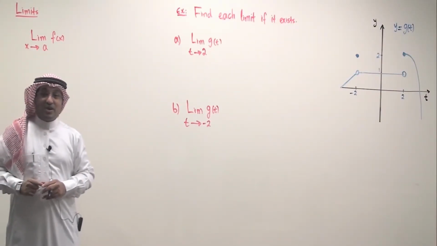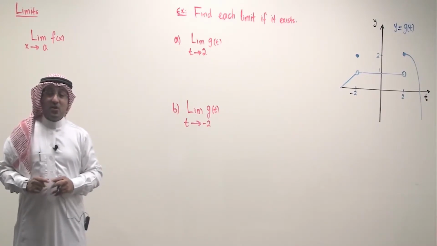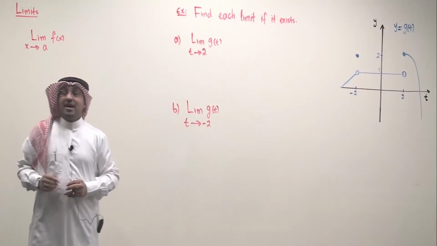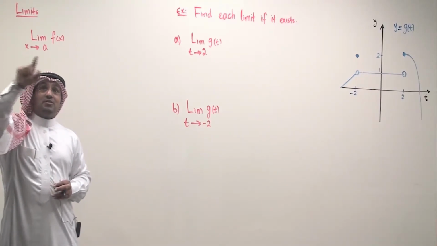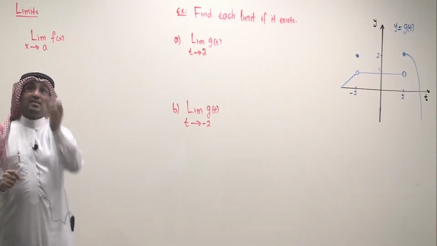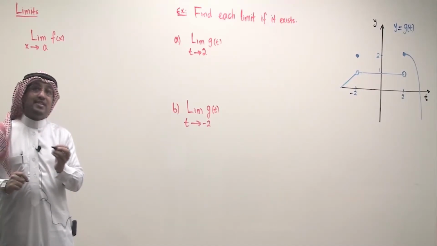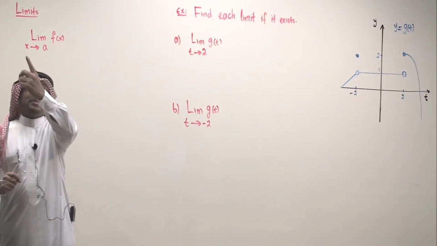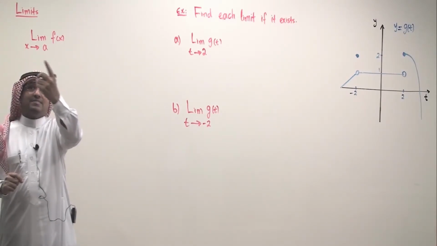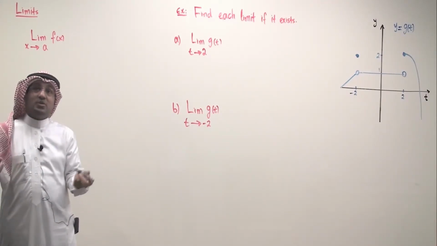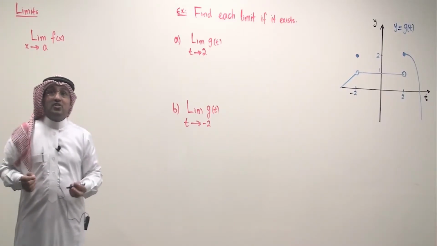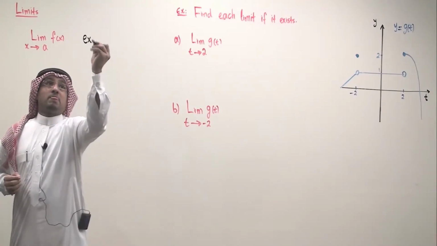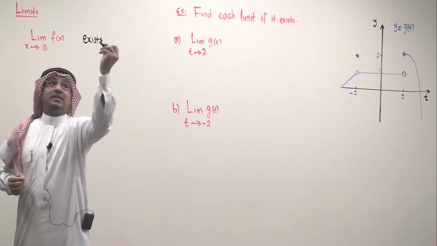In this video, we are going to talk about when does a limit of a function exist. See here, the limit of a function y equals f of x as x approaches a. We know when we write x goes to a, it means x goes to a from the left and x goes to a as well from the right-hand side. So we will say this limit exists